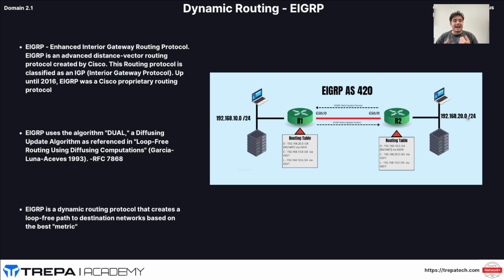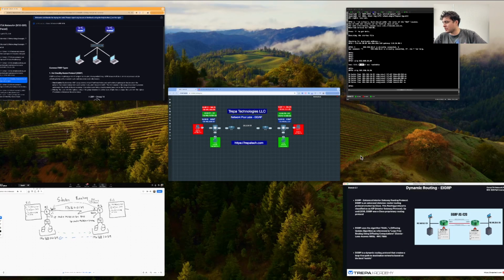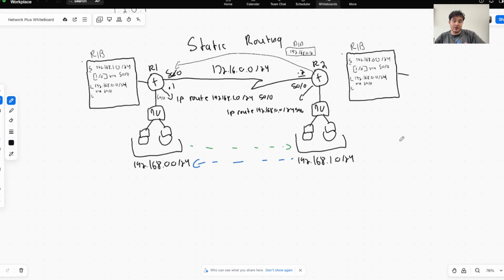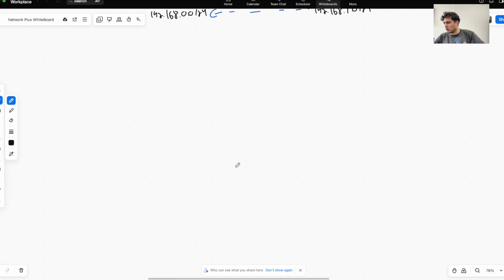All right. Now let's get into IGPs. So let's come back to the whiteboard here. We see our static routing here. We see that we had to manually input routes here. Okay. Now for dynamic routing protocols,